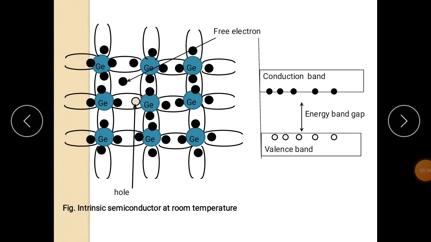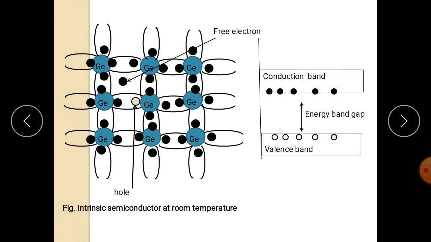Now, at room temperature or at a temperature greater than absolute zero, some of the valence electrons acquire some thermal energy, and the covalent bond breaks down and these valence electrons become free, and